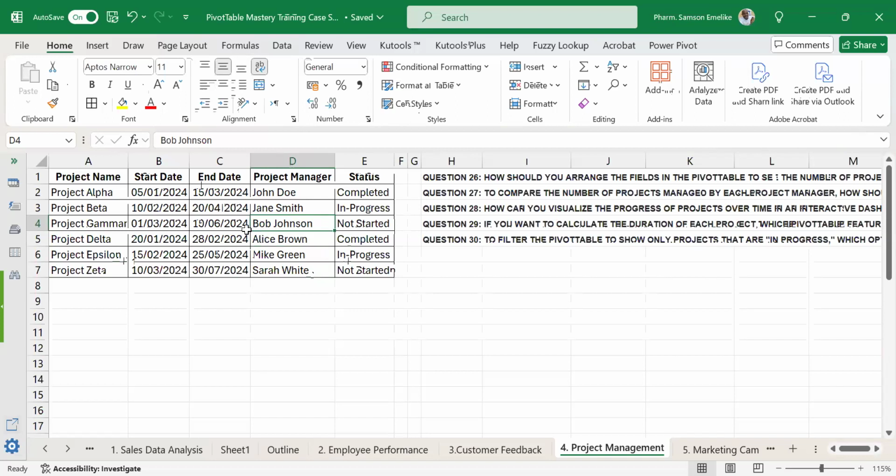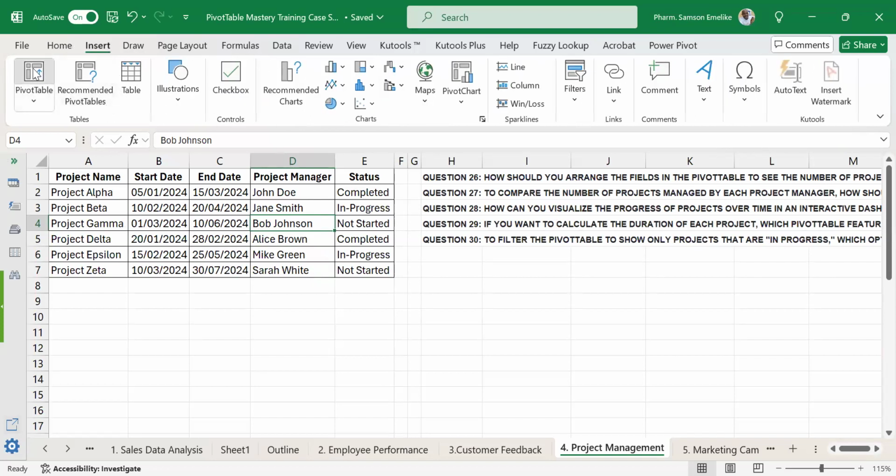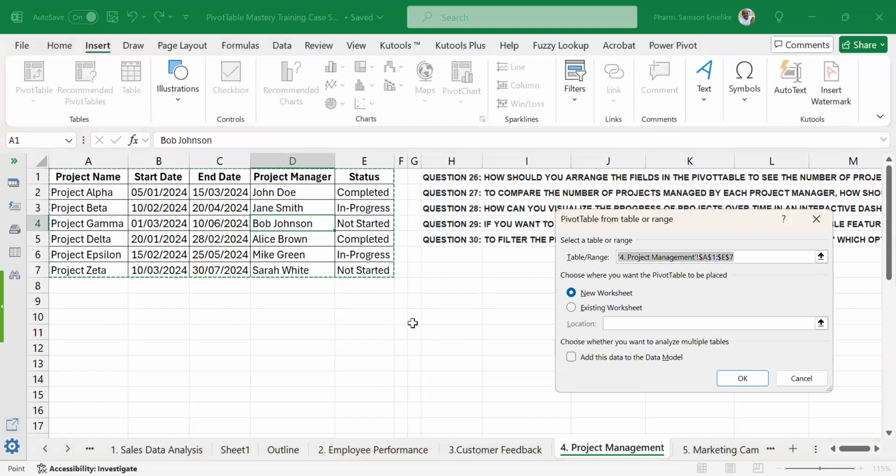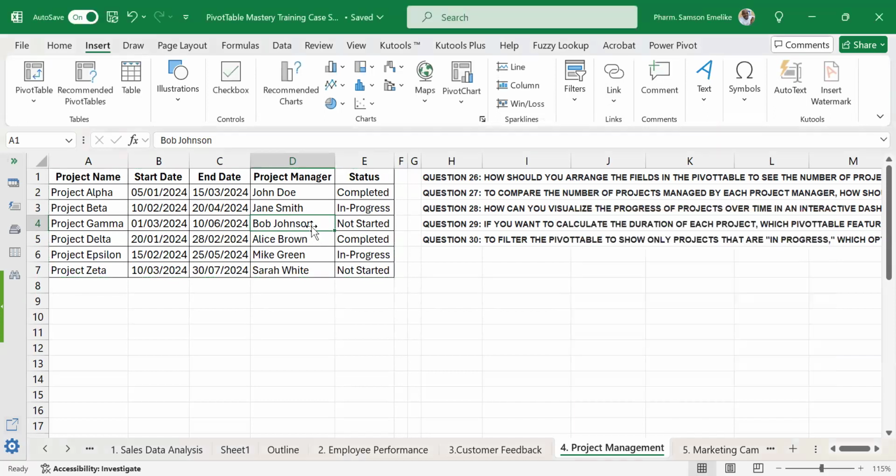So here we have our project data set. So I'm going to click pivot table. I don't know if this is the point that Ifnaya said he wanted to find out how I do the selection. If this is the point, Ifnaya, what I usually do is, where my data set is, I place my cursor there. You can see my cursor is right there, ahead to click insert and then